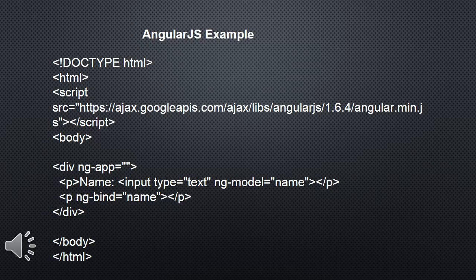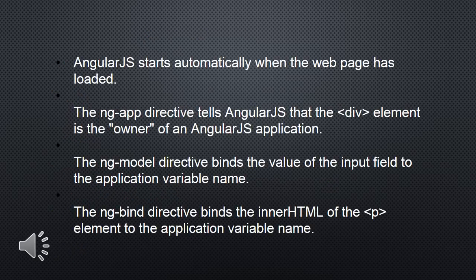Type HTML. HTML script src equals ajax.googleapis.com web link, ng-app equals pname. Input type equals text, ng-model equals name, /p, p ng-bind equals name, /p, /div, /body, /html. Before we start with creating actual Hello World application using AngularJS, let us see what are the actual parts